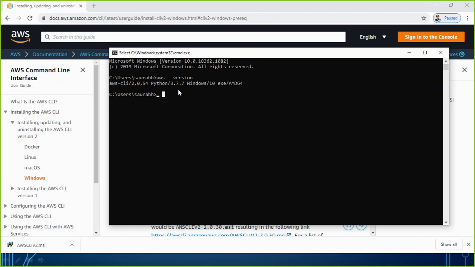If you want to know where exactly AWS is installed, if you remember when I was installing, I showed you the path as well, which was in C drive, Program Files, Amazon folder, AWS CLI version 2 folder. If you want to test from here itself, you can run the command: where space aws. If you just type where aws and hit enter, here you see it is giving me the path that it is stored in C:\Program Files\Amazon\AWSCLIV2\aws.exe. As simple as that.